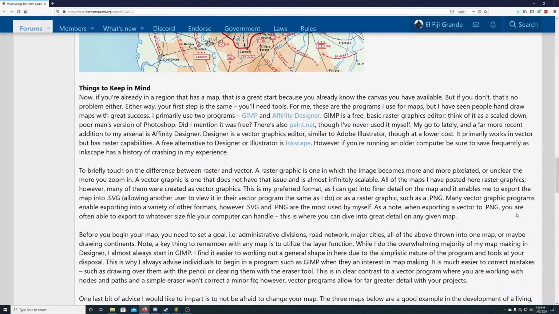My go-to lately, and a far more recent addition to my arsenal, is Affinity Designer. Designer is a vector graphics editor similar to Adobe Illustrator, though at a lower cost. It primarily works in vector, but has raster capabilities. A free alternative to Designer or Illustrator is Inkscape. However, if you're running an older computer, be sure to save frequently, as Inkscape has a history of crashing in